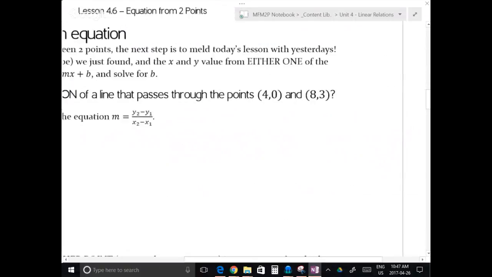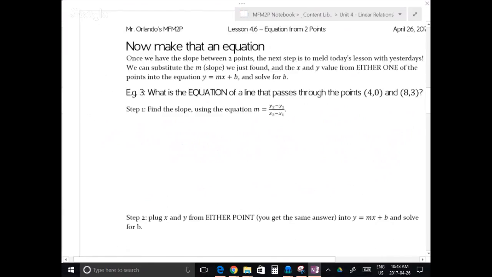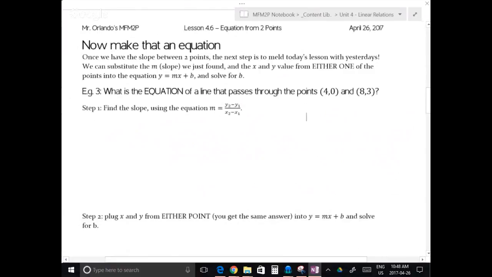So, we're going to do it again here. I now want to look at this case where we have (4, 0) and (8, 3). And first I want to find the slope. So we're going to do one together. Yeah, we're on the second page now. Sorry. And now we're going to go all the way and get an equation from this. We're going to find the slope,